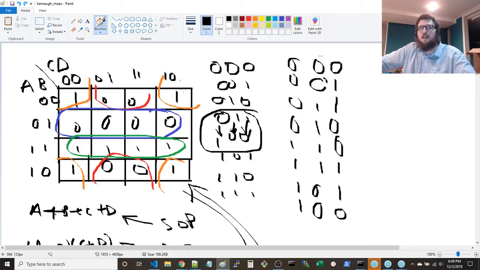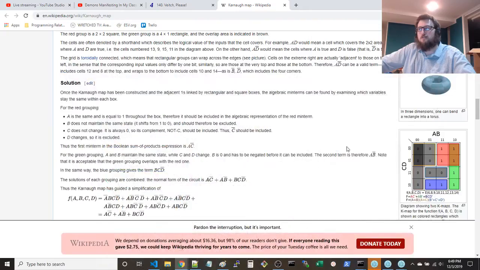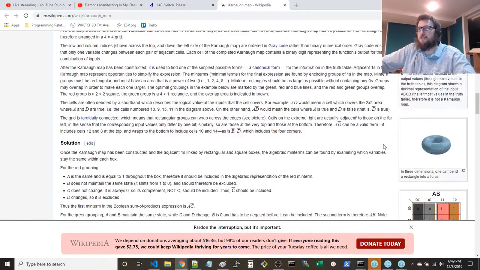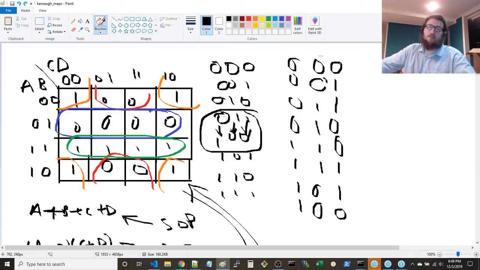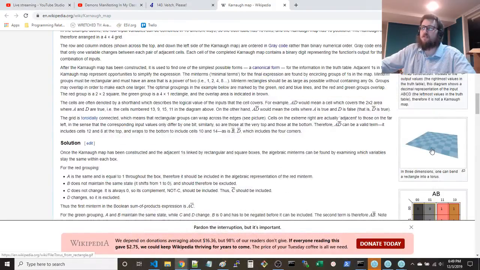And that actually is related to this torus here. That's what they're describing. They took this function, mapped it to Gray code, which is this sort of sequence, and then curled that sequence around to create a cylinder, a torus rather,